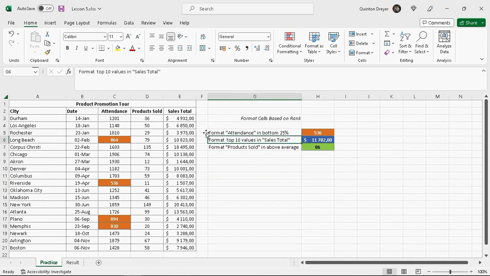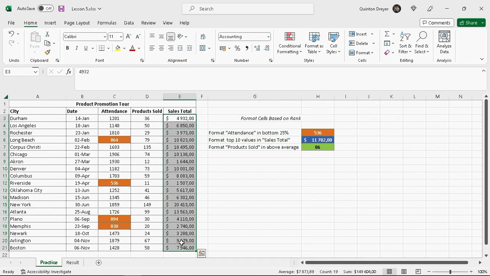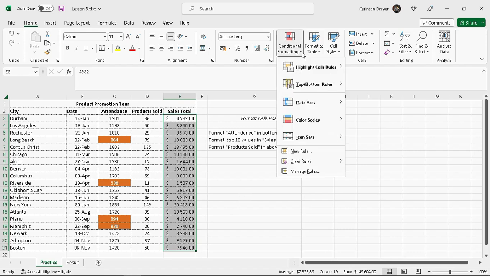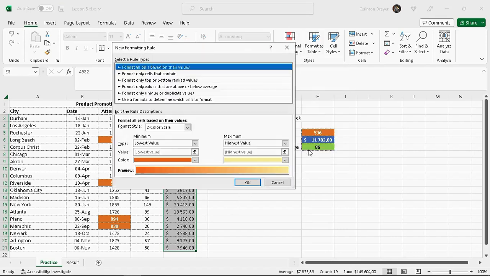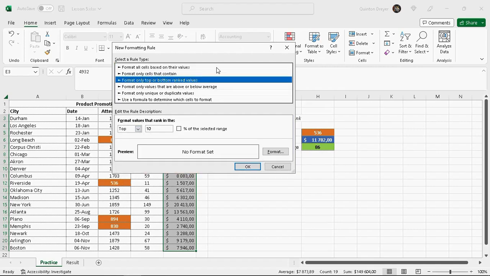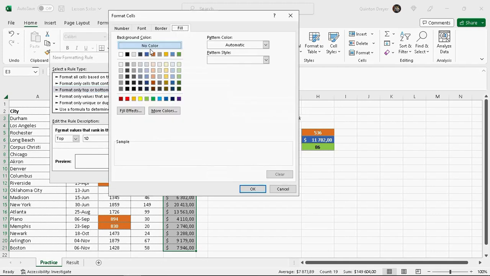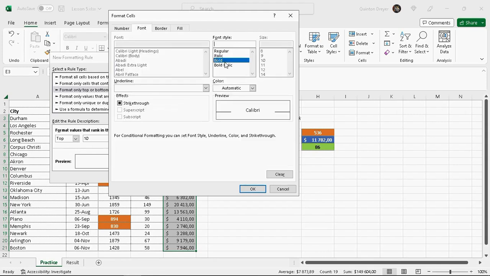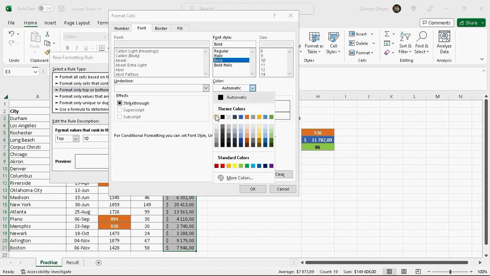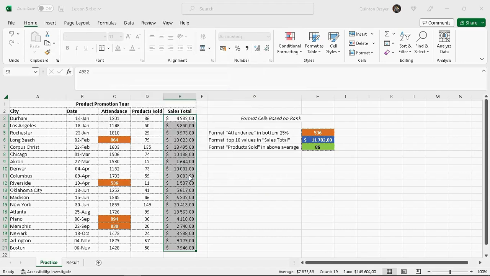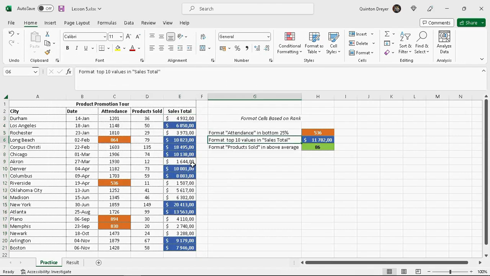The top 10 values in sale. So the top 10 values, not percentage. So we'll select our sales, go to conditional formatting, new rule, format only top or bottom ranked values again. So we want top 10 values as it is here already. We want it to be blue, cell fill blue, font style bold, font color white, like that. Okay, so that would be the top 10